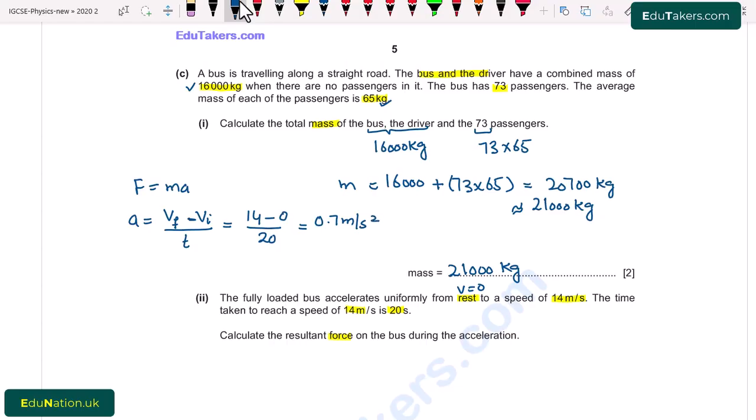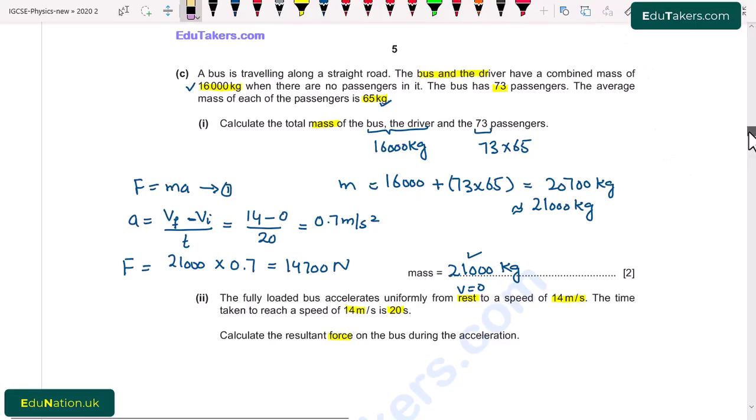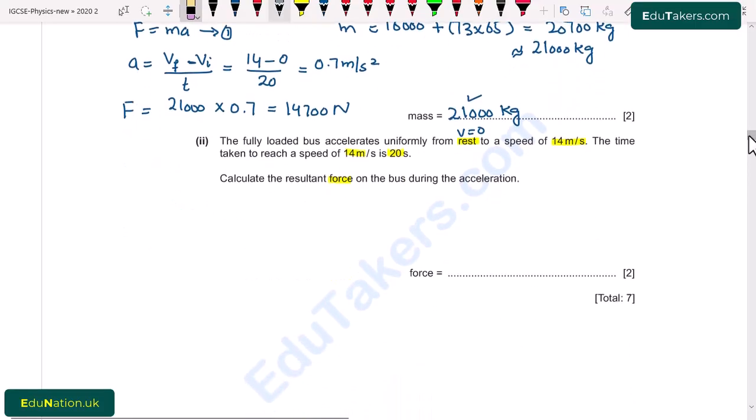Now I am putting this value into this equation. Force F is equal to mass, which we already calculated, 21,000 multiplied by acceleration 0.7. So we get 14,700 Newton. As force is measured in Newton, so it is 14,700 Newton. So I write here